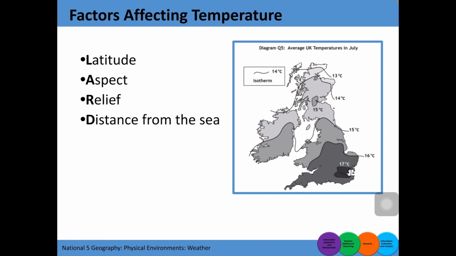Now, when we talk about aspect, this changes slightly, because this is all to do with what direction your land is facing. So if you imagine a little 3D mountain, let's say in the Highlands of Scotland, when the sun rises in the east, the sun is going to shine on the eastern side of the mountain, therefore giving it some sunlight. When the sun moves throughout the day, it's going to travel from east to west,